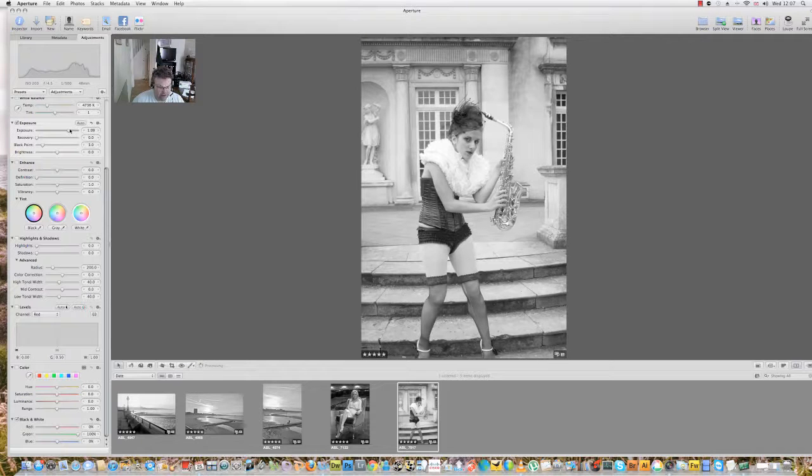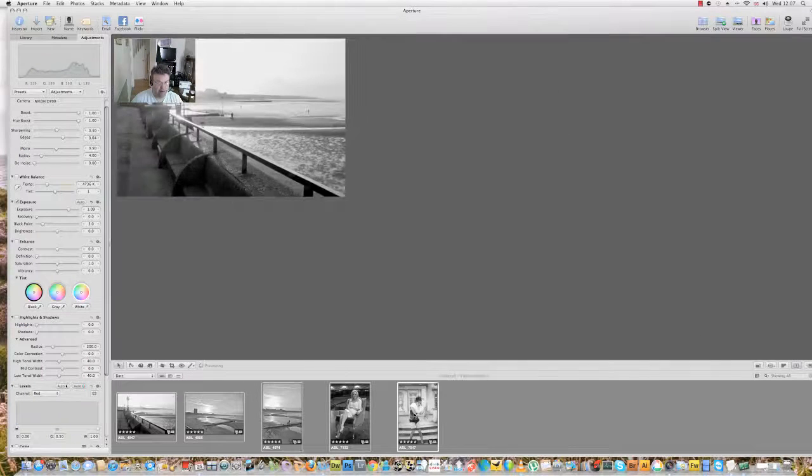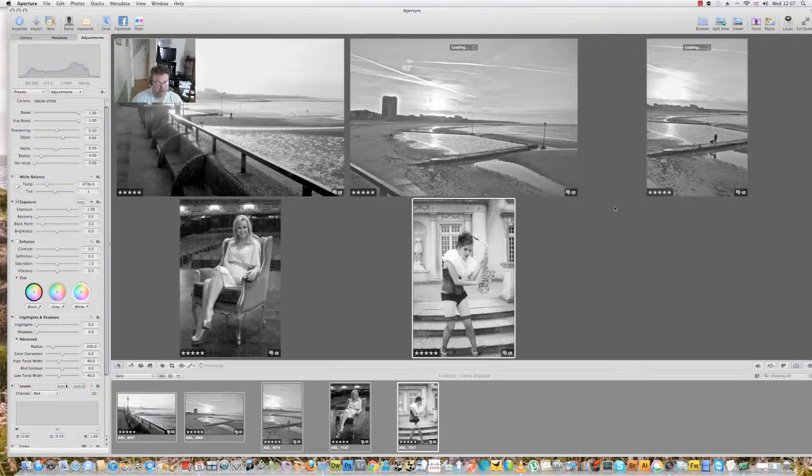What I'm now going to do is export them as a version, at 300 dpi. So the first thing I do is come down to the film strip at the bottom and click on my first picture. I hold down my shift key and click on my last picture, so that they're all selected and they all appear up here in the overview. If I then come down to my film strip version and right click on one of the pictures,